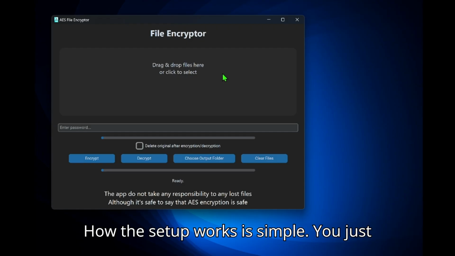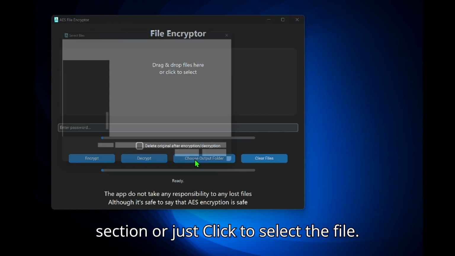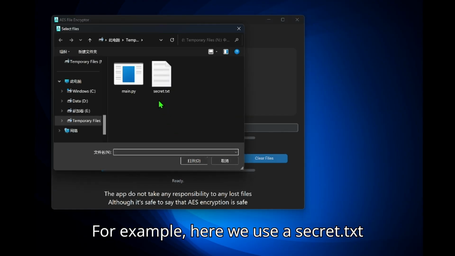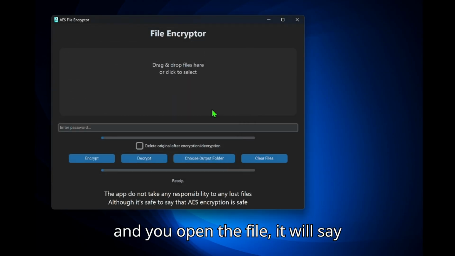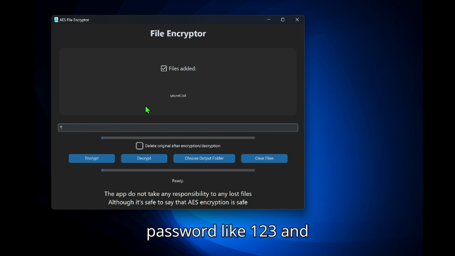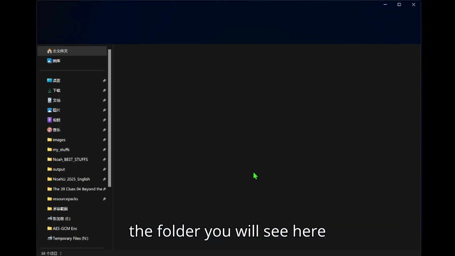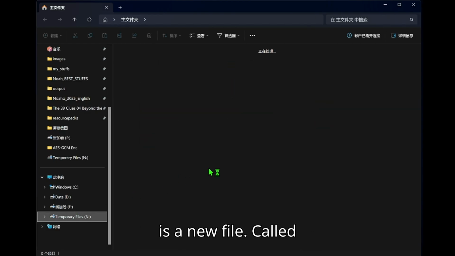How this app works is simple. You just need to drag and drop a file into the section or just click to select the file. For example, here we use a secret.txt, and when you open the file, it will say file added. And you just need to enter a password like 123 and encrypt it, so in the folder, you will see here is a new file called